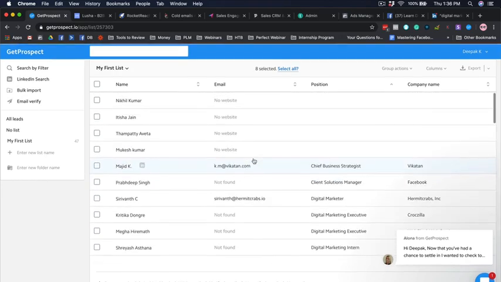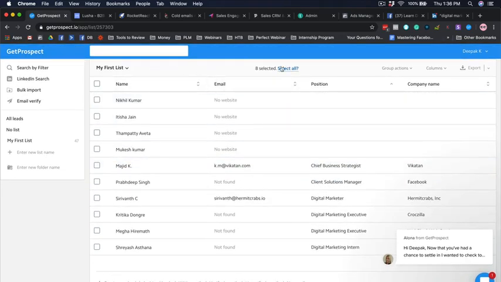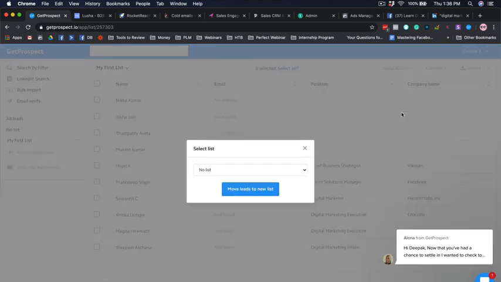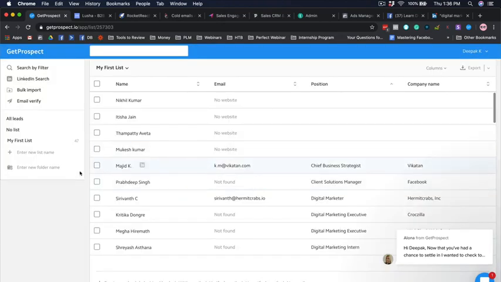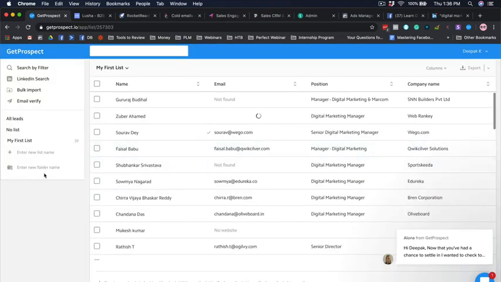So now I have selected a bunch of emails, and what I can do is that I can rename this list. I can do group actions, I can archive it, delete it, or I can move to a new list. So move leads to a new list. So here I can create like a separate list, let's say digital marketing managers.